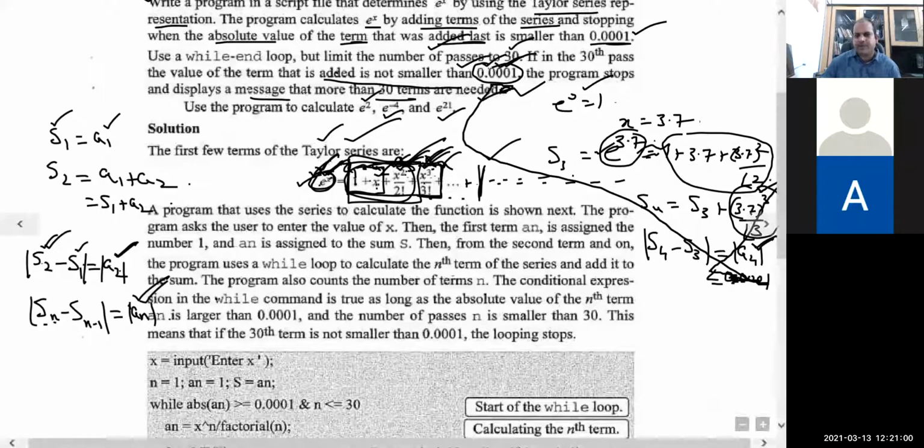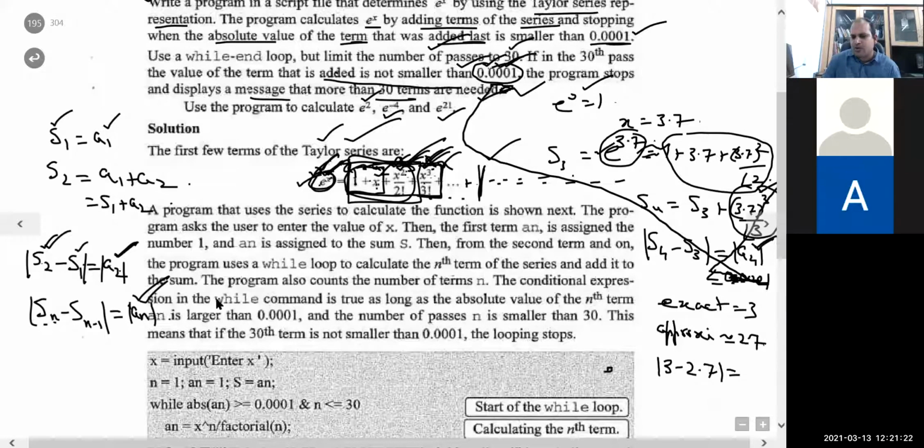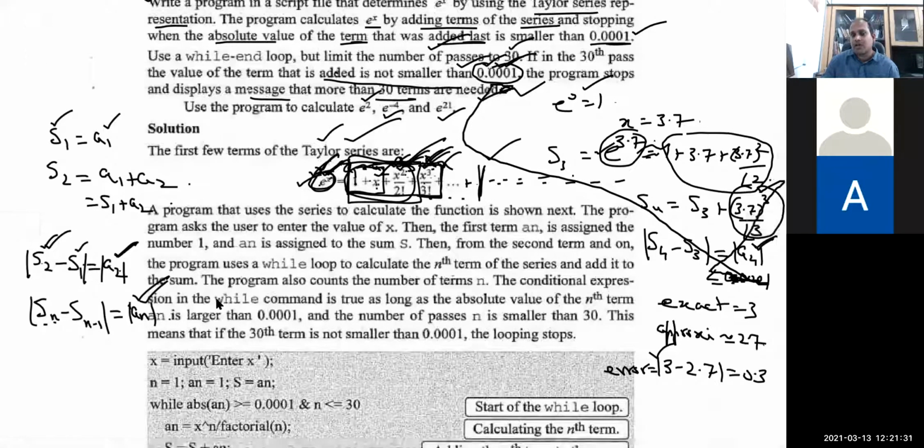ठीक है। जैसे मान लो एग्जैक्ट वैल्यू किसी एक्सप्रेशन का सपोज करो is 3, and your approximate value, suppose, is say some 2.7, so error will be 3 minus 2.7. This is basically your error. 0.3 will be your error. I will take another class for this one, what we mean by truncation error and all this. I will deal with it in a separate lecture.